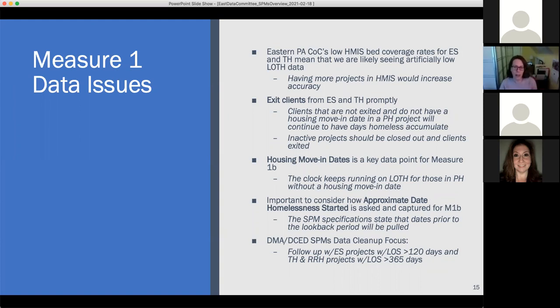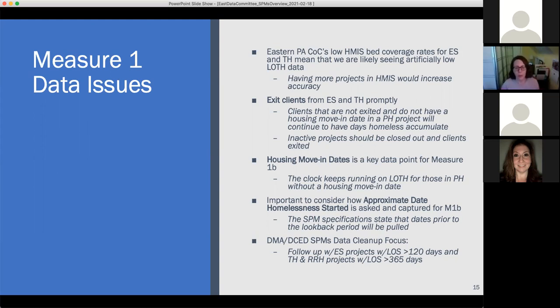The importance of that is that the clock just keeps running for the clients when they have no housing move-in date. So the system reads that client as still being homeless. And the same thing is true for folks who are in ES or TH projects that are never exited, right? The system just thinks they're still homeless, counts them still in the project, and they still accrue days homeless. So these are two things that we can really do to drive down that, and that's just on the sort